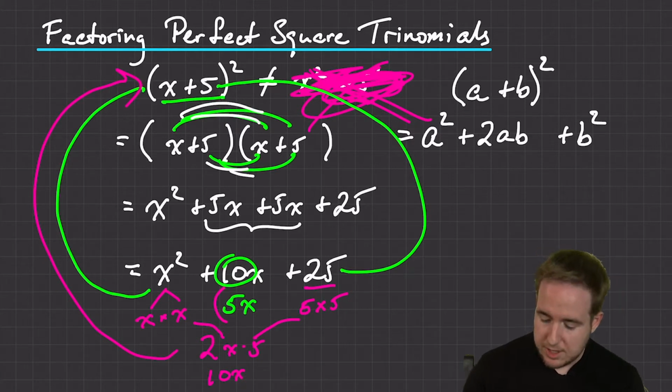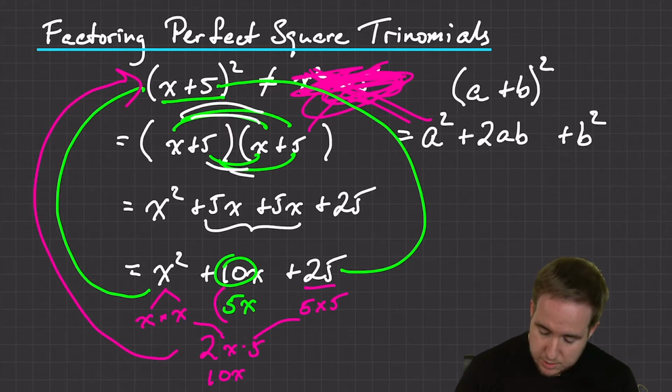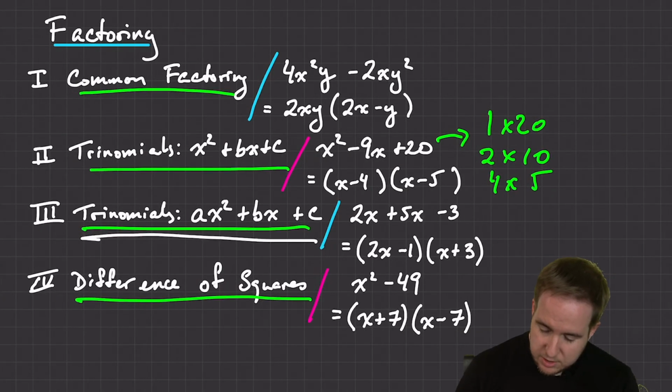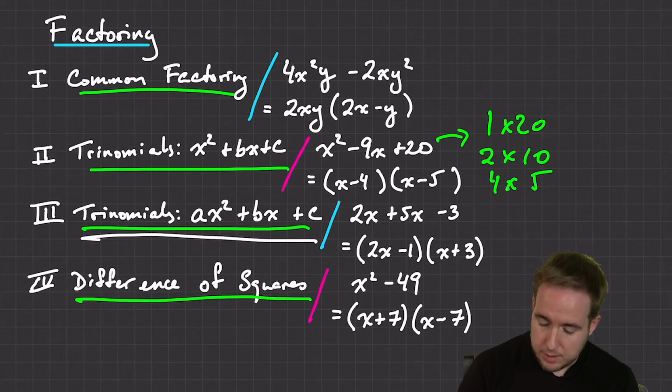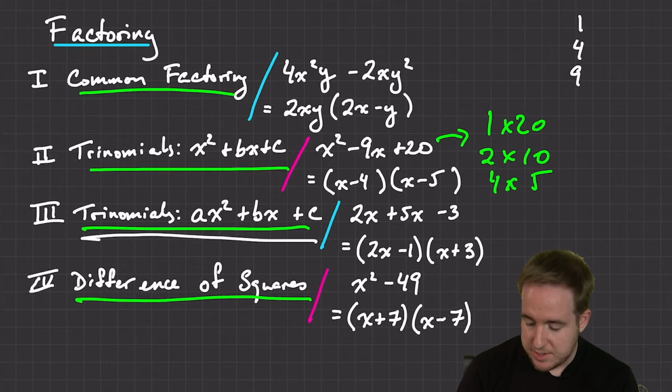So let's see what it looks like in practice. Before I go on, I should say the secret to being able to do this is you do need to know more or less off the top of your head, to be able to recognize them, what all of these perfect square numbers are. So 1 times 1 is 1, 2 times 2 is 4, 3 times 3 is 9,